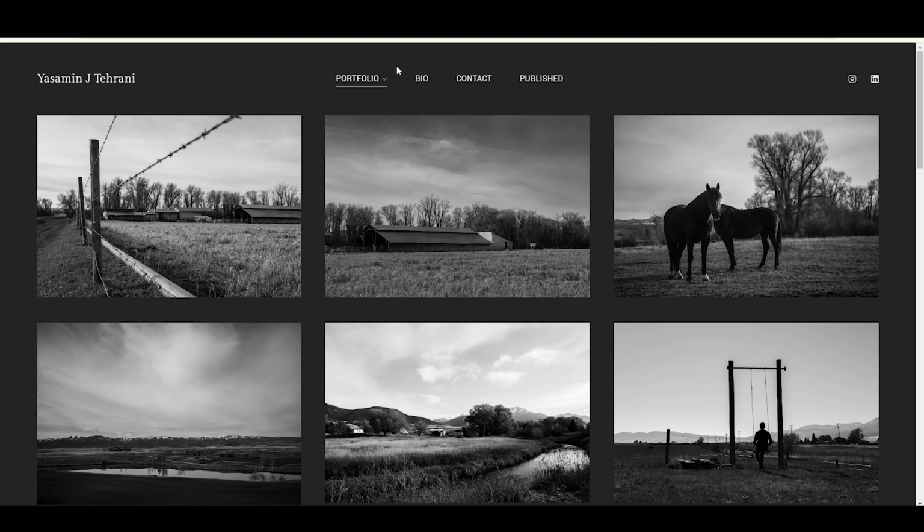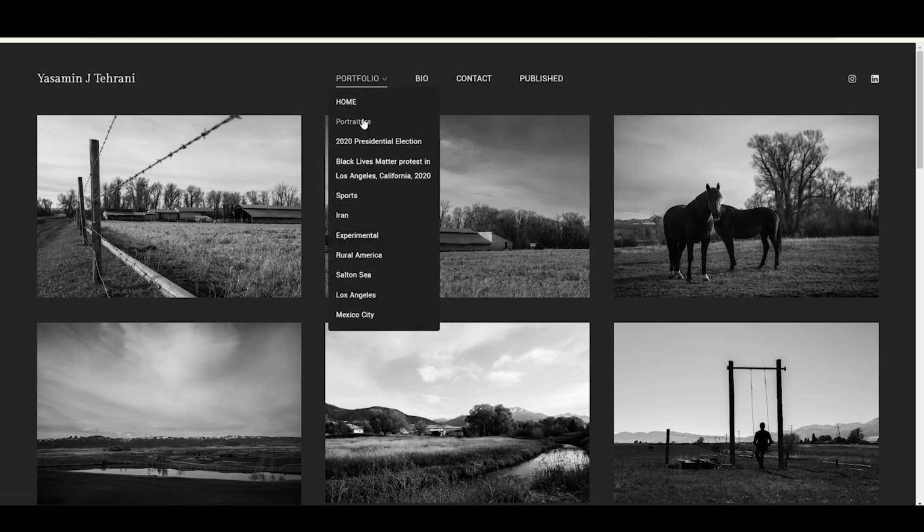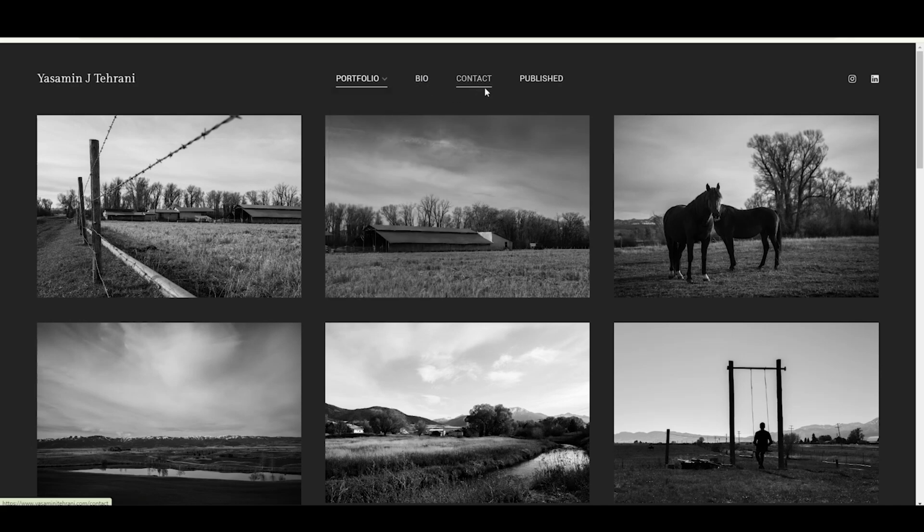Now let me show you the third example. Here, as you can see, the horizontal menu is used on this photography website. So you can see the horizontal menu minimizes the distractions, allowing the photos to take center stage. This layout maintains a clean look and directs the user's attention to the images. It also makes the browsing experience more engaging.